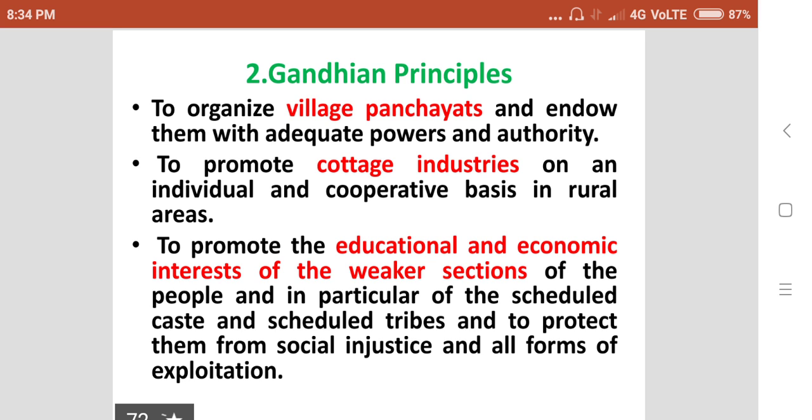Some Gandhian principles are listed like this: to organize village panchayats and endow them with adequate powers and security, to promote cottage industries on an individual and cooperative basis in the rural areas, to promote the educational and economic interests of the weaker sections of the people, and in particular of the scheduled castes and scheduled tribes, and to protect them from social injustice and all forms of exploitation,